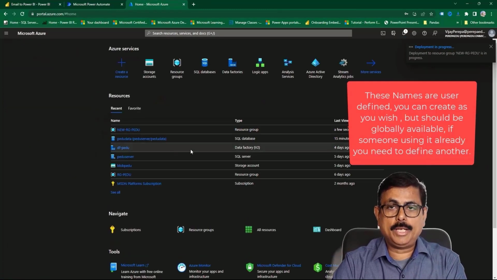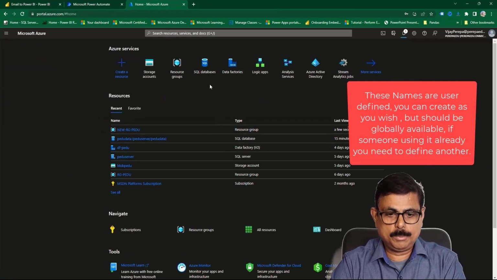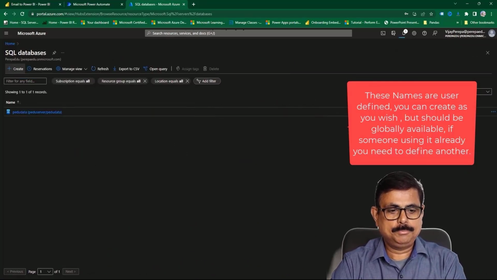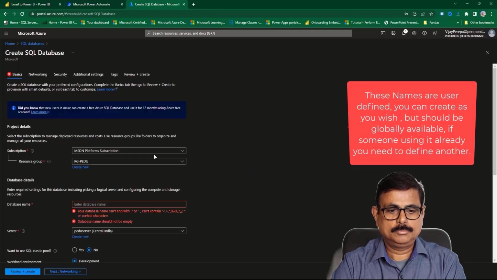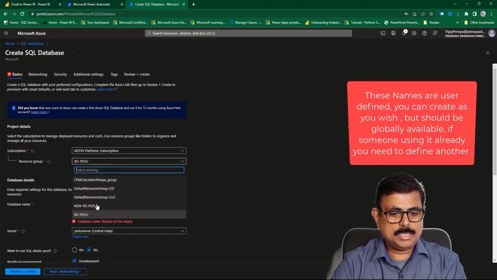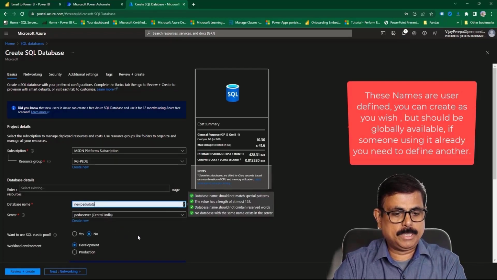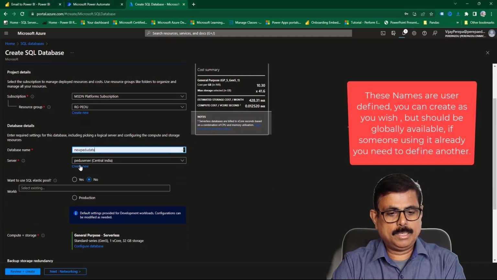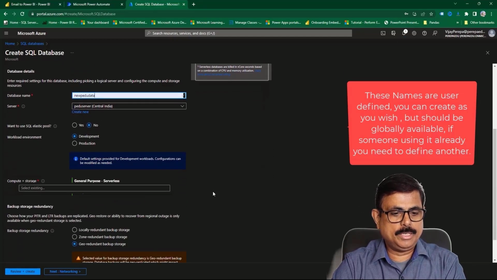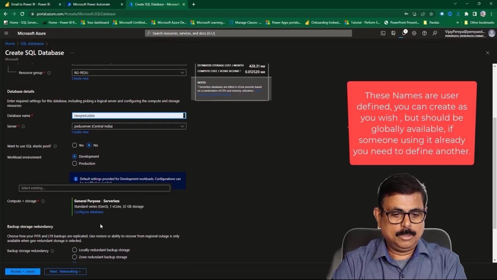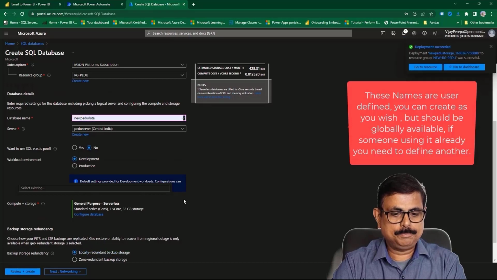The next one is I need to create a SQL server, SQL database. So SQL, create. Again, I need to select the right resource group, and then I can select new Purdue data, that is my database name, and my server will be in Central India, and it is a development instance. And then I want to create locally redundant backup storage,